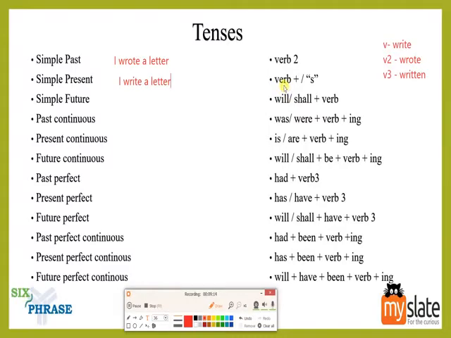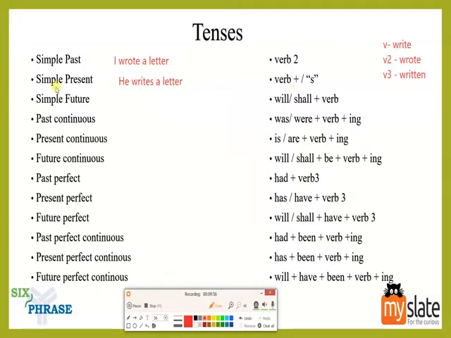Here, as you can see, I have written verb plus or addition of s. So what does this mean? Meaning, as you guys know, when it is singular, you do not use s. If it is plural, you will add s in the end of the verb. But it is the opposite here, right? For example, let's write an example with he. You do not write he write a letter. That does not work. You write he writes a letter, that is, you add s to the verb if the subject which we are talking about here is singular. So if it is singular, you add s to the end, right?